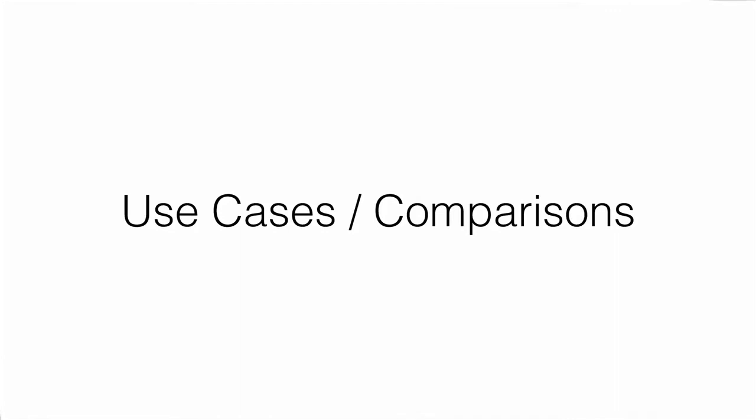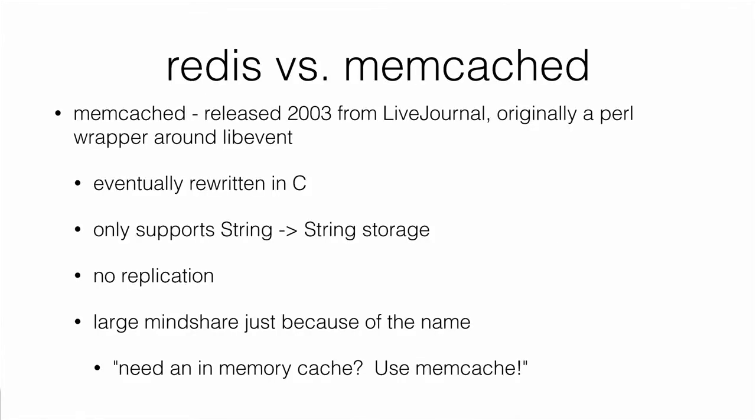So some uses of Redis and other things we can compare it against. The simplest is obviously Redis versus Memcache, right? You've got key value store, but the breakout here is no, Redis is a data structure server. It stores keys mapping to data structures, not keys mapping to necessarily blanket values. In Memcache, you may not have remembered this, but it was originally just a little Perl library wrapping libevent to get asynchronous I/O and store things on your server efficiently.